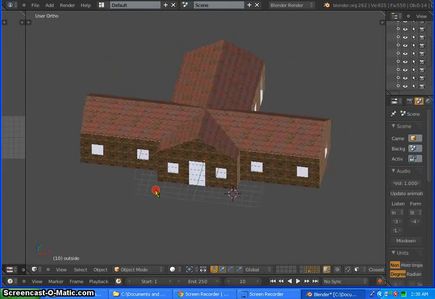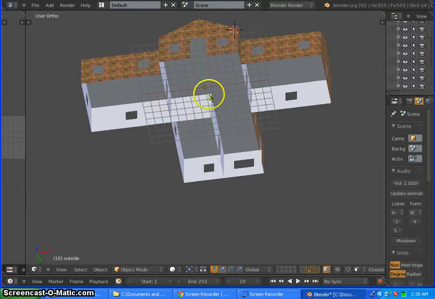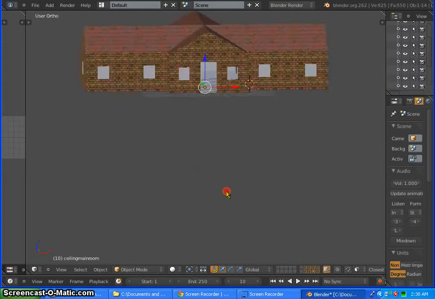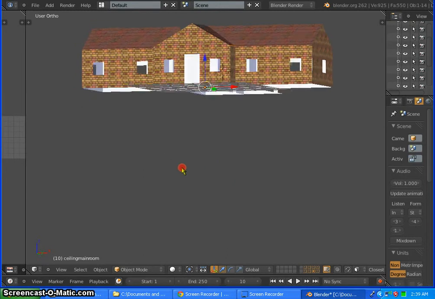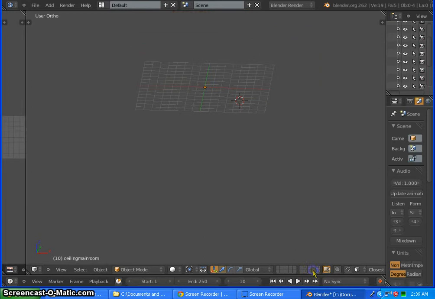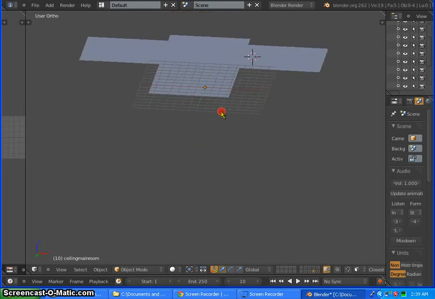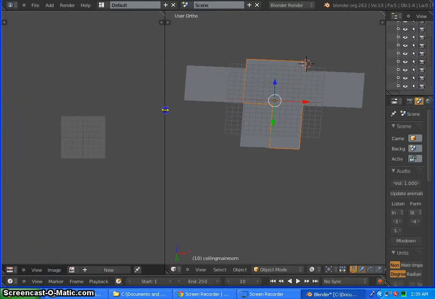Now the next thing we're going to do is the ceilings. Now again, if we try to come in here and select, I'm going to be selecting bottom planes and such. A to deselect everything, get to the ceiling planes, whichever layer you put your ceilings on, and go ahead and select one of them, one object. I'm going to go ahead and do my main room first. Go ahead and pull this back out so we can